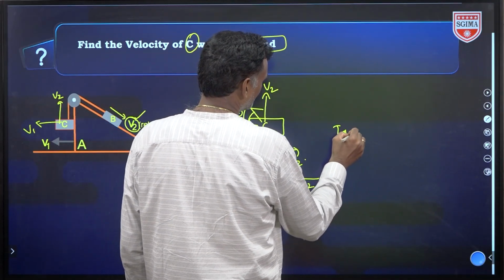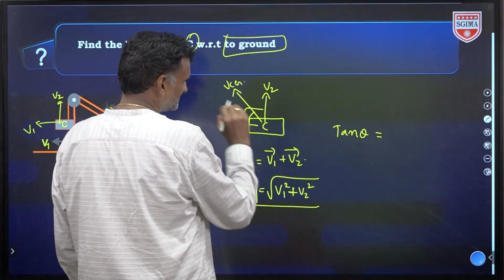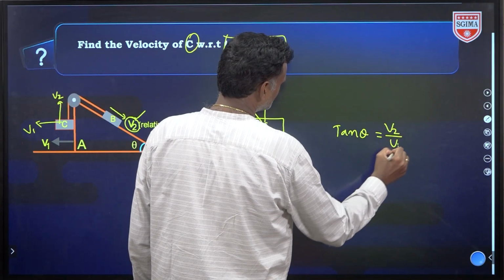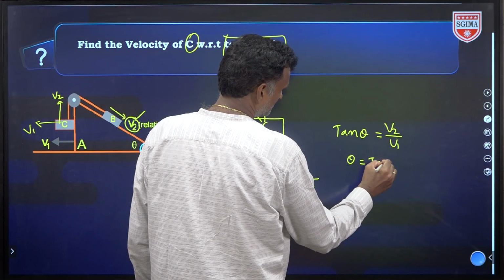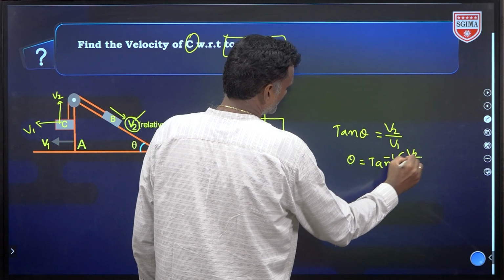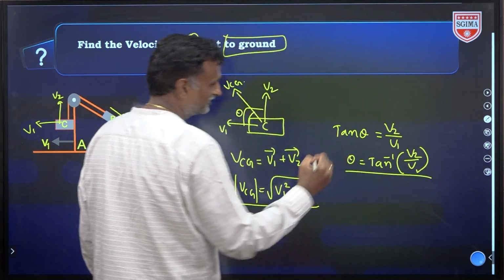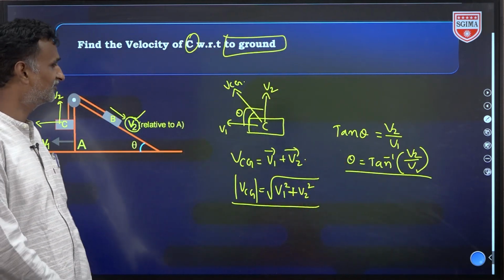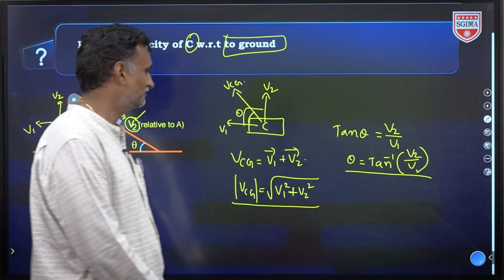So tan theta equals, what is the opposite side? V2, and the adjacent side V1. So theta equals tan inverse of V2 by V1. Like this we can find it out. Okay? So next,